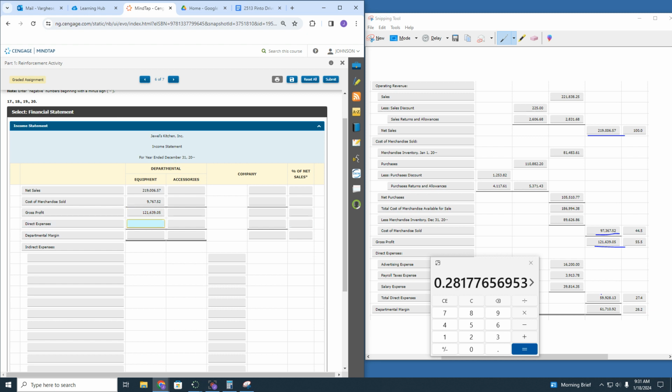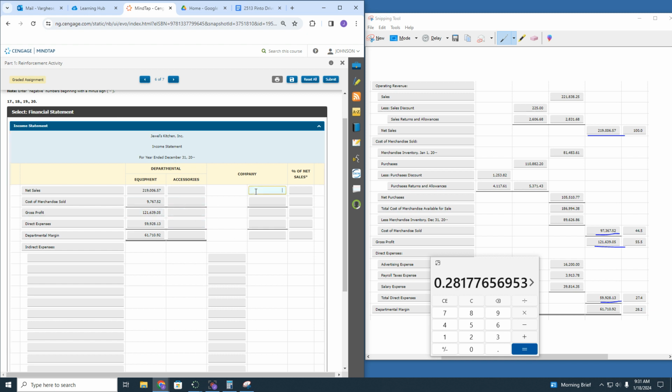My direct expenses were $59,928.13. And then my departmental margin was $61,710.92. All right, so you're going to do the same thing for accessories,